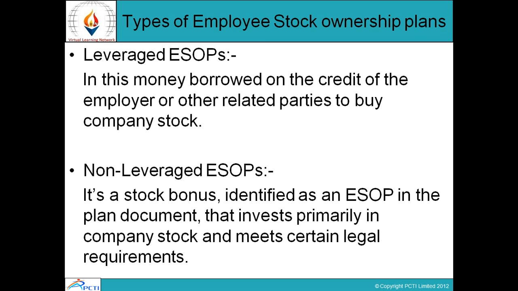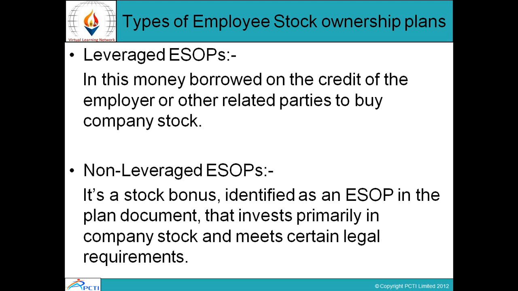Types of employee stock ownership plans, there are two types, leveraged and non-leveraged. When we talk about leveraged ESOP, it borrows money on the credit of the employer or other related parties to buy company stock. It is the only qualified employee benefit plan that can do this. Another is